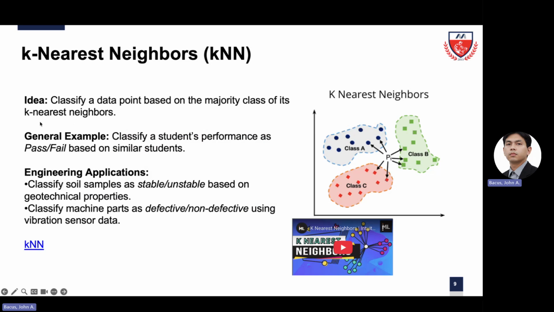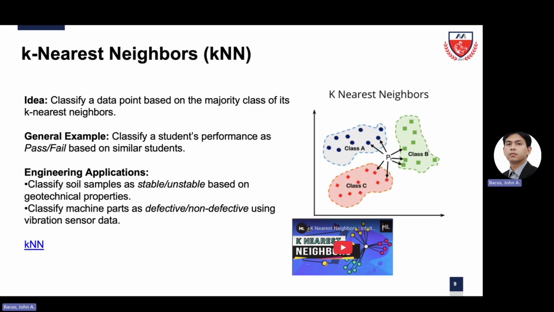Okay, so welcome to the second part of this video wherein we subdivide the classification of machine learning into two parts. So first we have to talk about the first three classification algorithms. First we have KNN, or the K nearest neighbors. The idea of this is that we classify a data point based on the majority class of its K